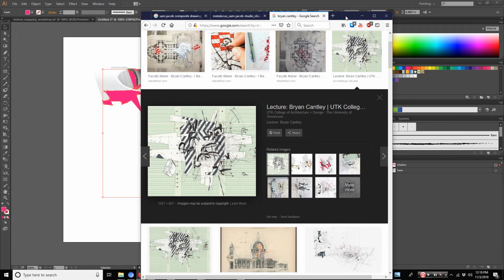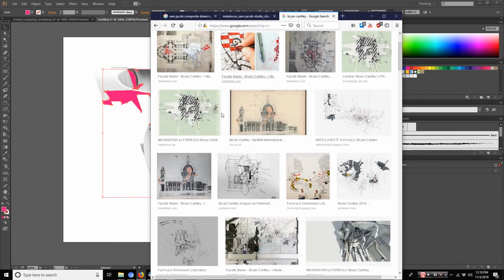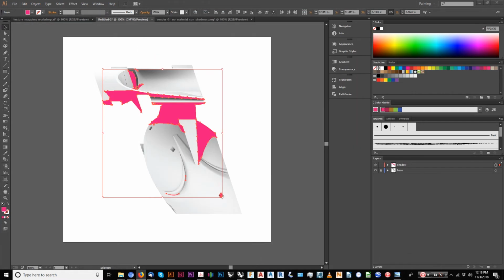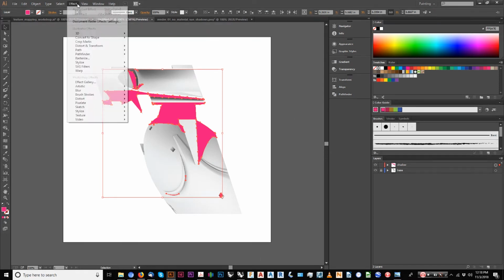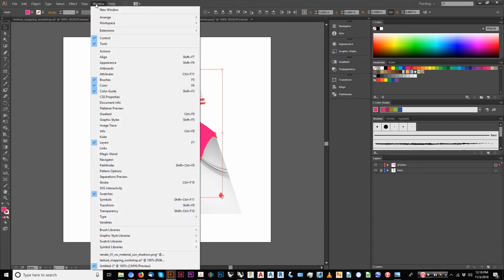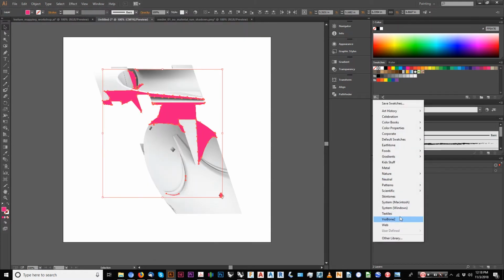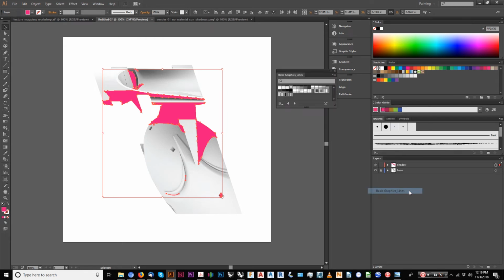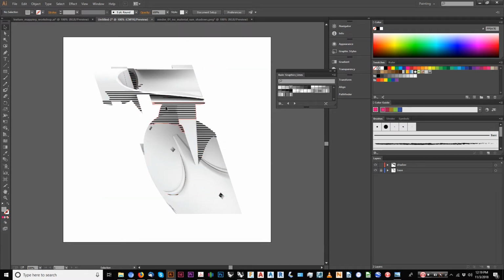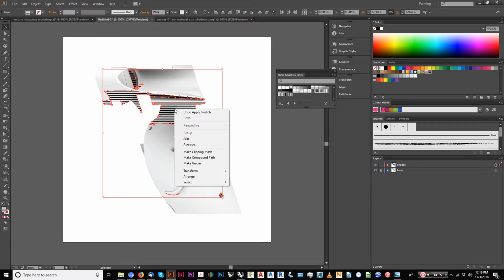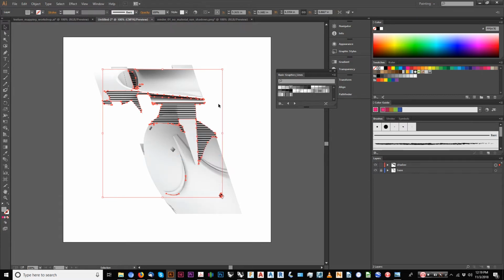This starts to reference the situation where you have these hatches on top of the drawing. And I think this is basically what Brian Cantley's doing with the shadows, although I could be completely wrong. What we do is go to Window, Swatches, then Patterns, Basic Graphics, Basic Graphic Lines. Then you can start picking and choosing. If you want to edit this, first I forgot, we need to make a compound